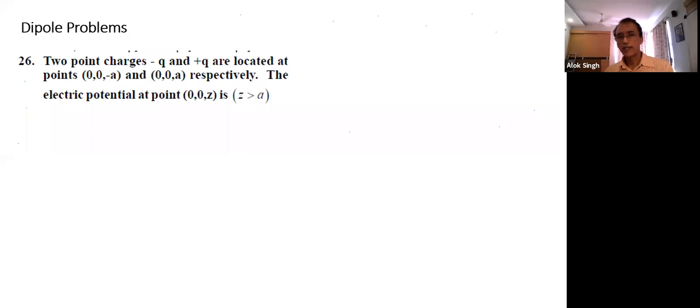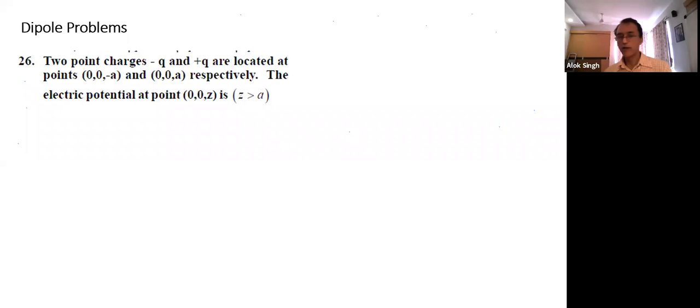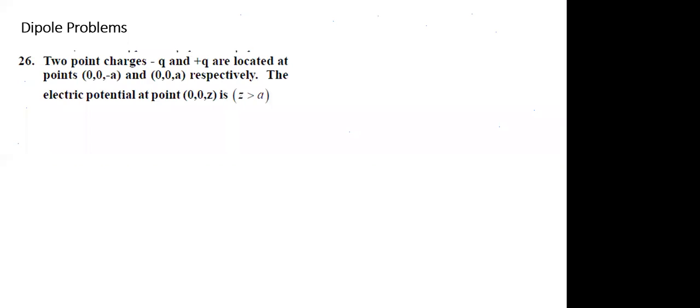Okay, but are they in the same alignment? See, first of all, if I ask you, Shavni, will the potential be positive, negative, or zero? Is the potential at the point positive, negative, or zero? Positive. How do we identify positive? Greater than A. First thing I need to look at: are they all lying on the same line or on a different line? Same line. Why? How do you get that it is the same line?